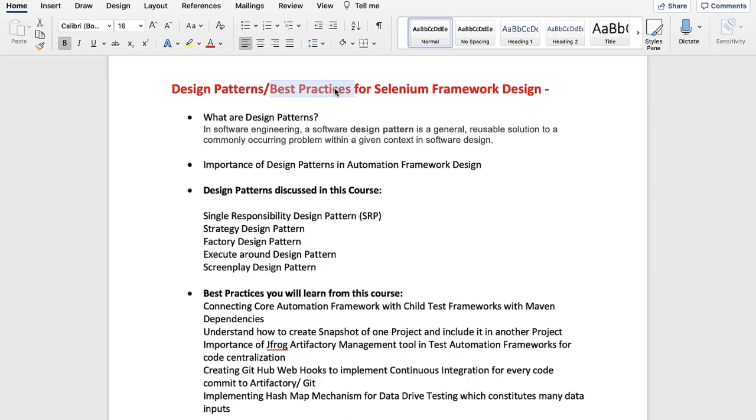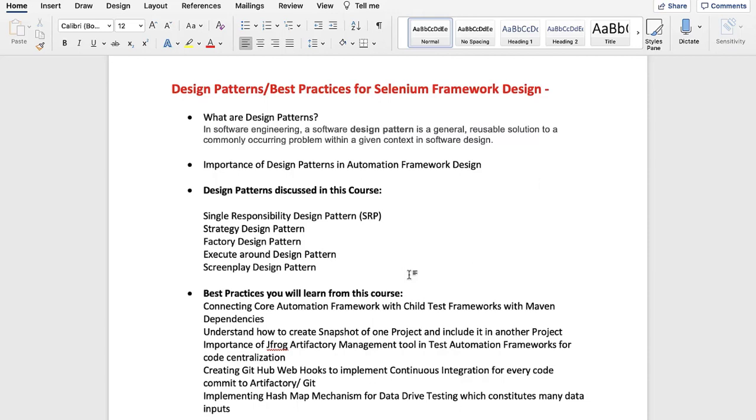Ideally, if you are aiming for test architect or some senior-level positions, you should know all these so that you can talk smart in your interview and clear it with your efficiency. And if you are already working in a company, if you go and implement all these in your project, then you will have a real edge for your performance.